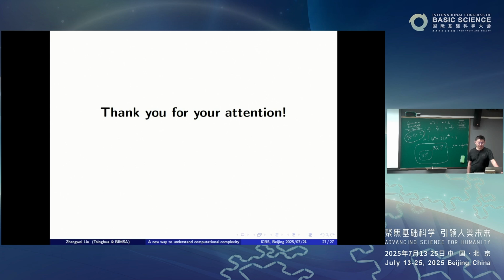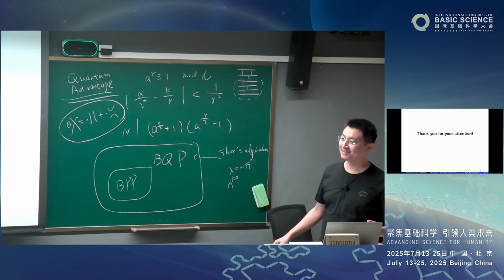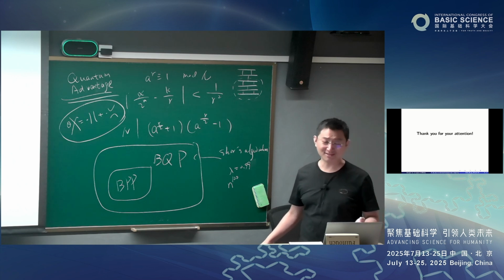Here the noise parameter will affect the polynomial degree in classical simulation. If the noise is like this, just 100% noise, then the classical simulation will require this kind of degree, like n to the 100. It's really large. So when you have like 6 digits, then this will be like 1 million. So even though it has classical simulation, it's just not a meaningful classical simulation.